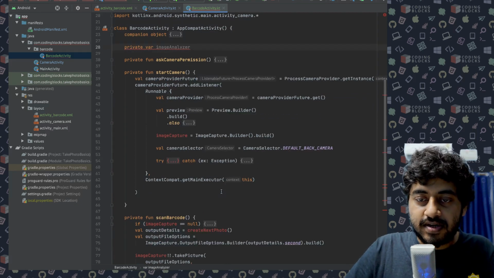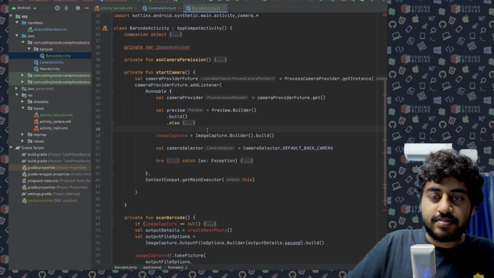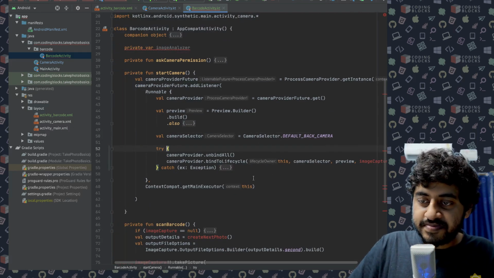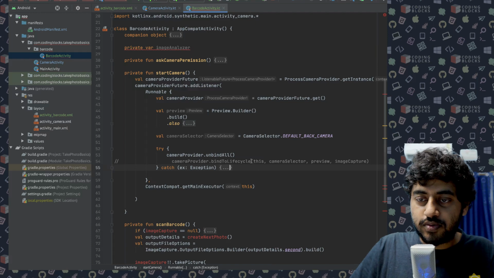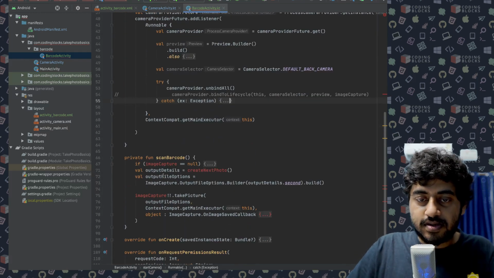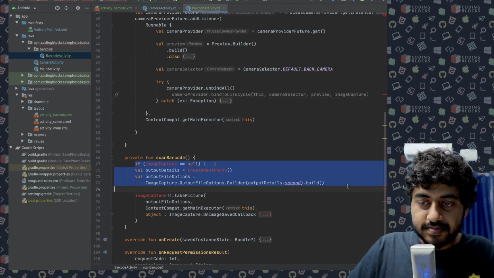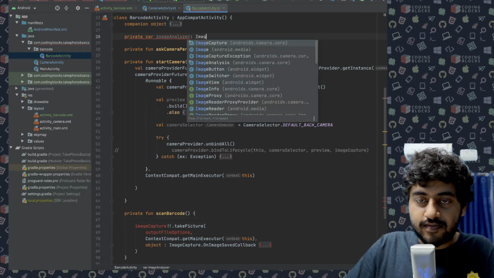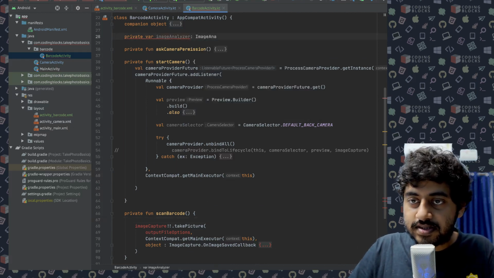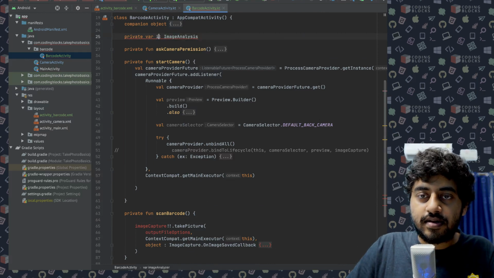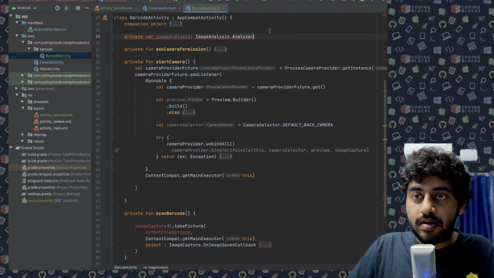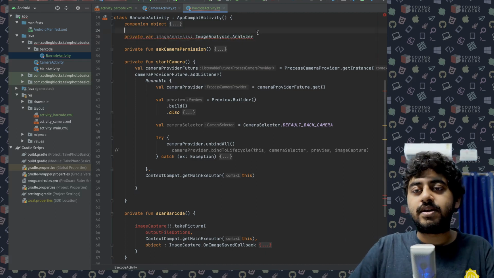So instead of doing an image capture thing, what you can do is take an image analyzer. So the image analyzer, let's just say it's of the image analysis Analyzer interface.